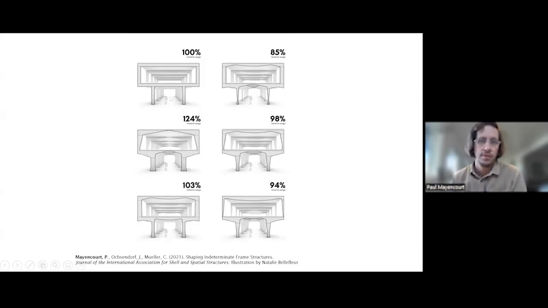And we pushed this to different structural systems. So here is this idea of using shaping on indeterminate frame structures. And this is a frame from the book by Heino Engel, Structure Systems, where we applied shaping. And you can see that starting from the standard frame here, we reference this as 100% material usage, and you can find different shaping options. Some of them are more efficient. So you can see here 85% material usage, so a reduction of 15% of how much material is being used, and you get these shape options.